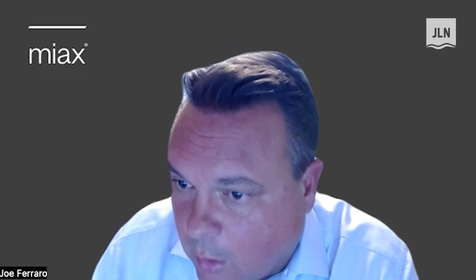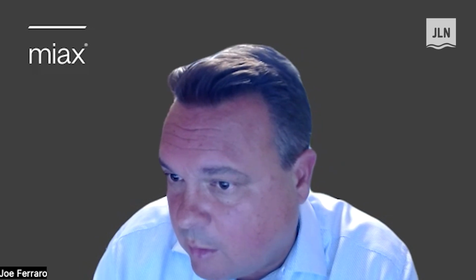There's also macro forward-looking speculators that are predicting that there'll be some type of an event or some other occurrence that's going to happen in the future, and they're speculating that that's going to cause the price of the underlying asset to move in one direction, and they're looking to capture the profit